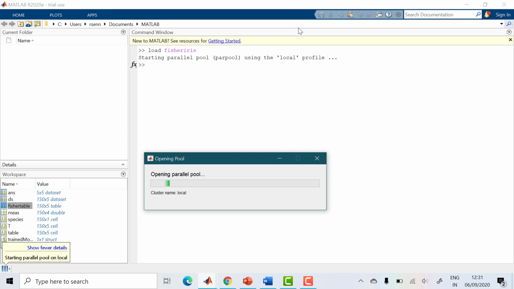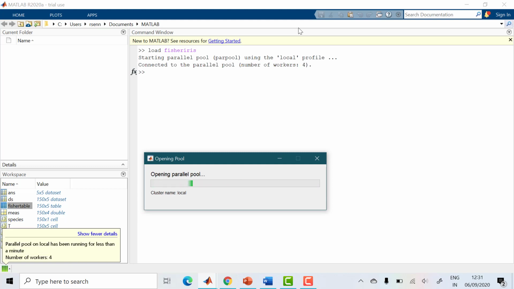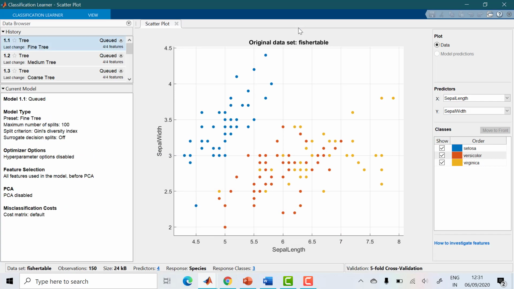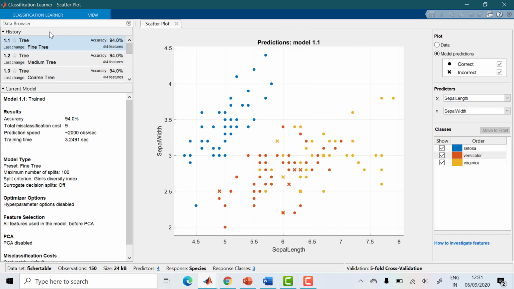Now I press train. Now it's starting to train the data based on whichever algorithm is very quick. So can you see here the training is starting. Tree algorithm is started. See, it is finished. Training is finished. So you can see here